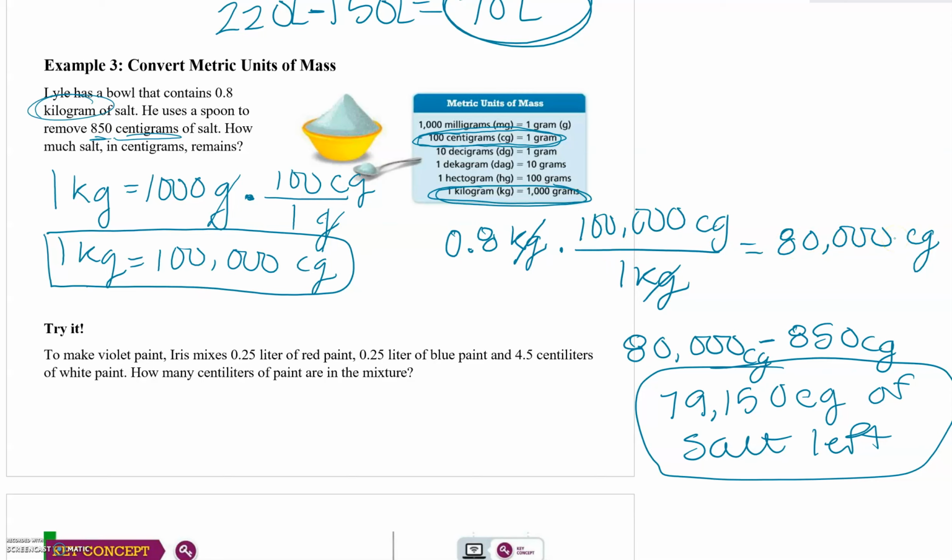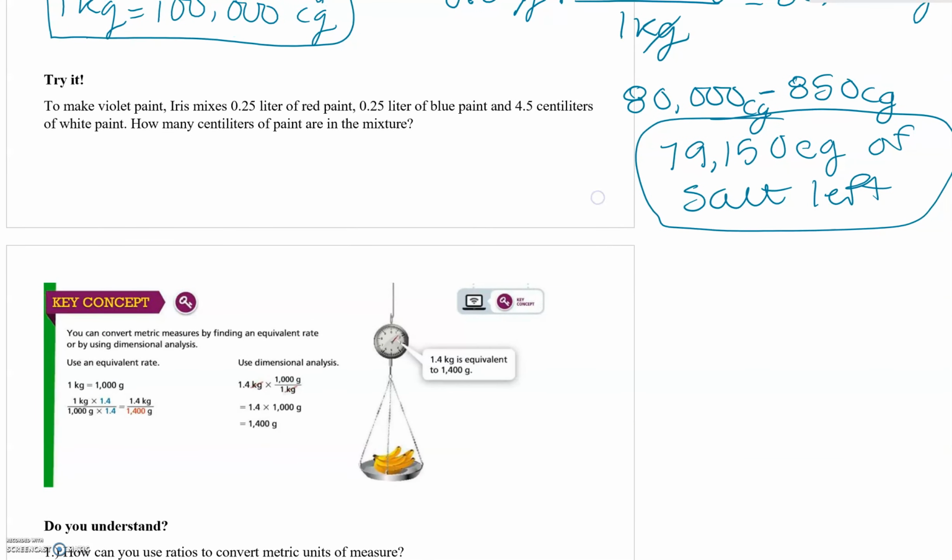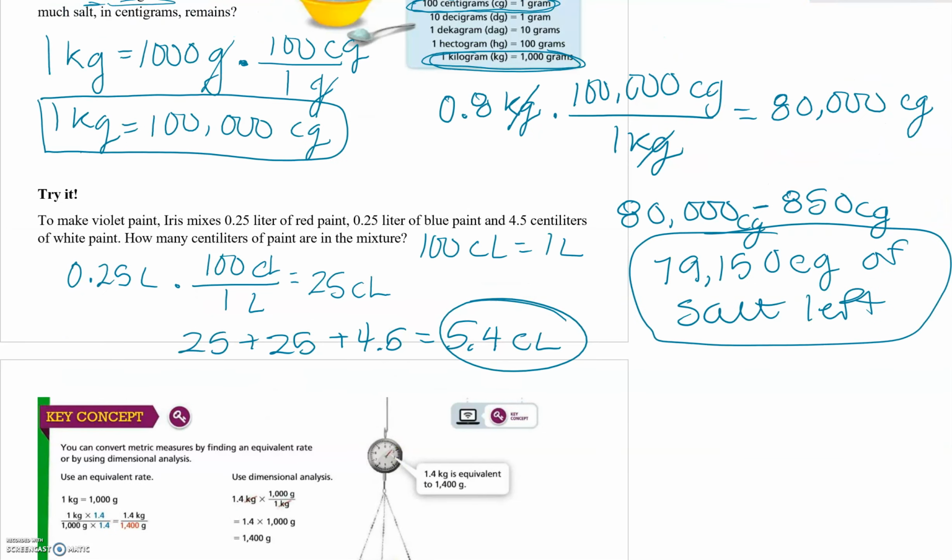wanted to be. There's a try it, guys. You can go ahead, pause your video and try it. All right, so using the conversion factor here of 100 centiliters to 1 liter, we got that 0.25 liters is 25 centiliters. So if I have all three of these, add them up to get, oops, I wrote that wrong,